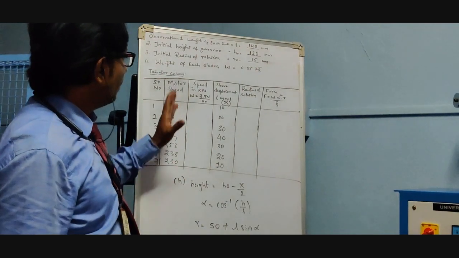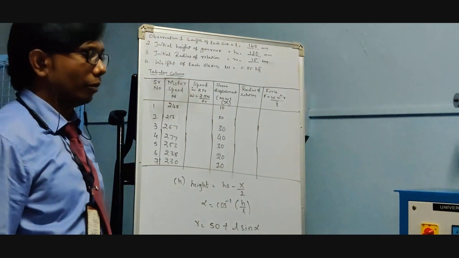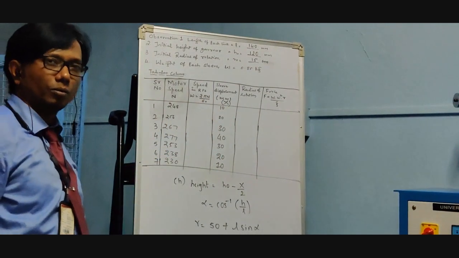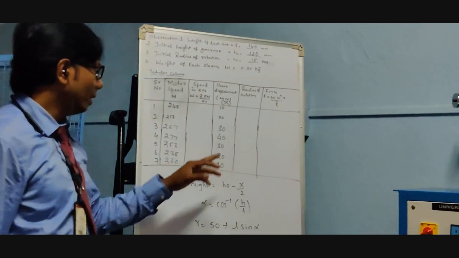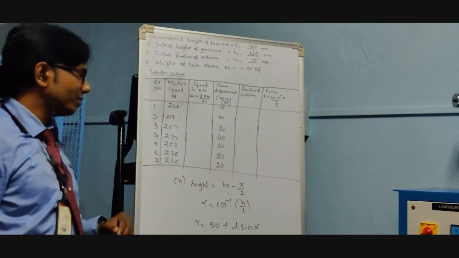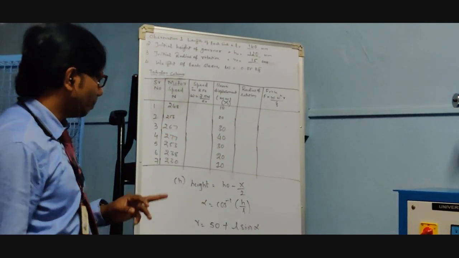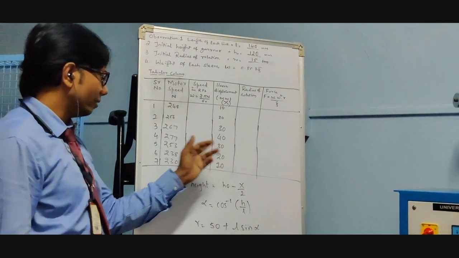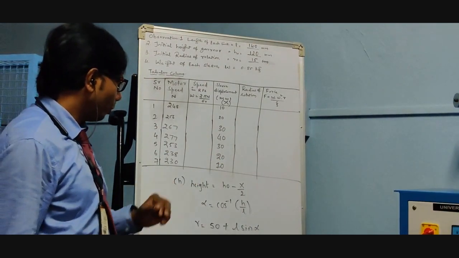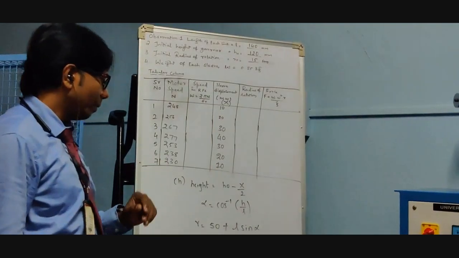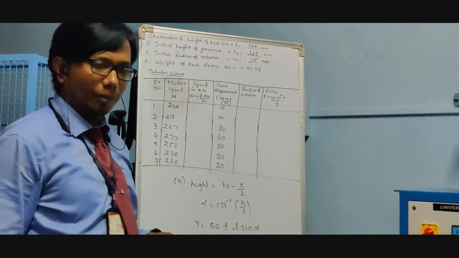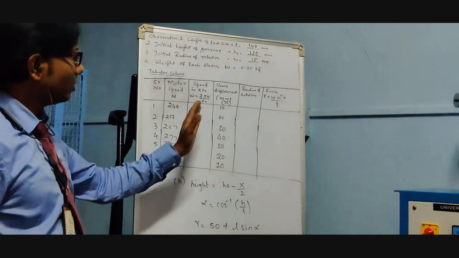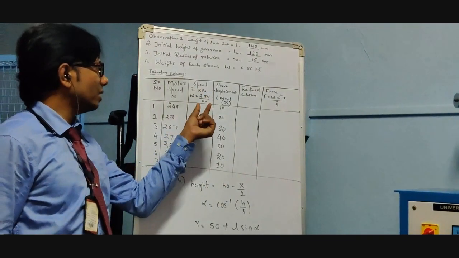Now we'll be seeing the readings we have taken. For rising, from 0 to 10 mm, you had 248 RPM. For 20 mm, you had 256 RPM. For 30 mm, you had 267 RPM. For 40 mm, you had 277 RPM. While going back, for 30 mm we had 253 RPM, for 20 mm we had 238 RPM, and for 10 mm we once again had 230 RPM. So these are the motor speed and the sleeve displacement. Out of these we need to do the other calculations. So first is speed.